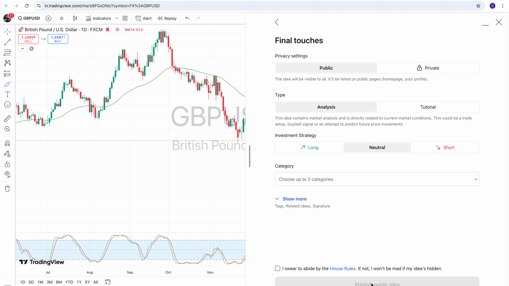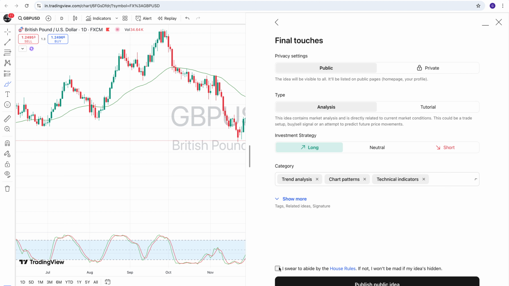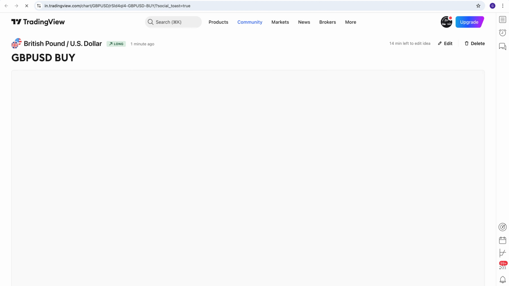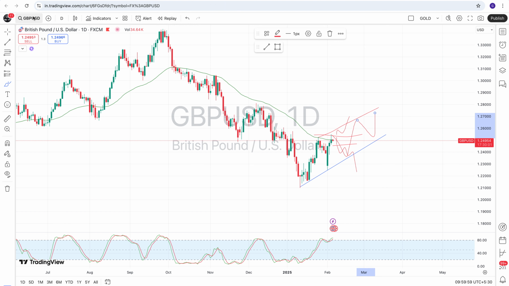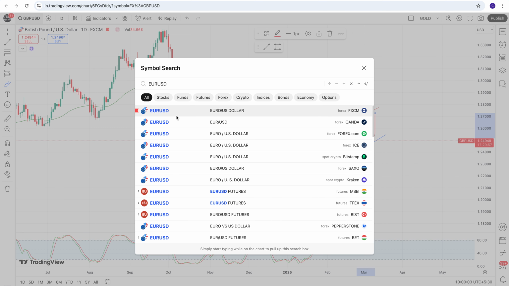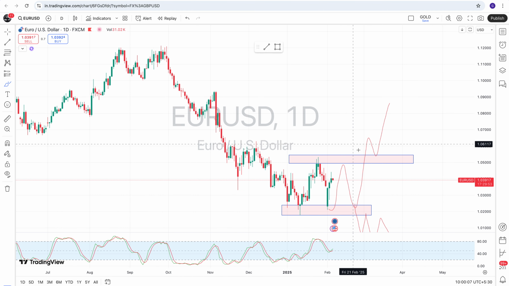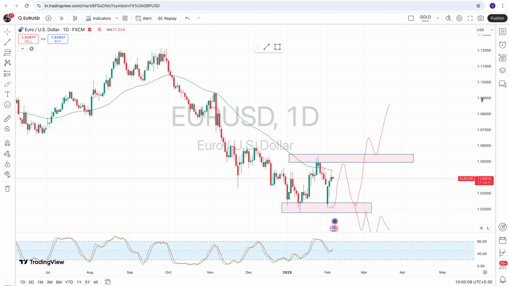So I'm just posting my idea as well for reference. Okay, that's it guys on GBPUSD, and let's go with EURUSD. What is happening with it? So let's open this pair. Wow. So yeah,